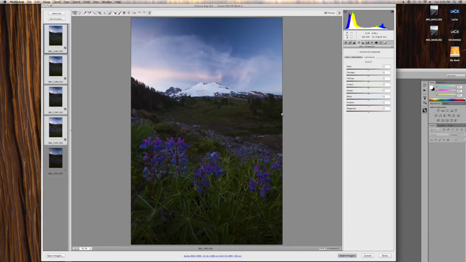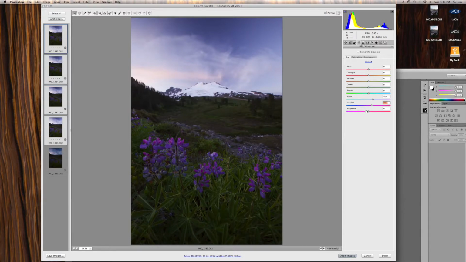So for example, these flowers here in the foreground, if I wanted these to be a little bit brighter, I could come in here to my blues, and it looks like there's a little purple in there as well, and I could raise the luminance of the blues and purples. That just makes them a little bit brighter. It helps them stand out a little bit more. If I wanted these flowers to be a little bit more towards the purple and magenta scale, I could come into my blues and change my blues a little bit more towards purple, change my purples a little bit more towards magenta,